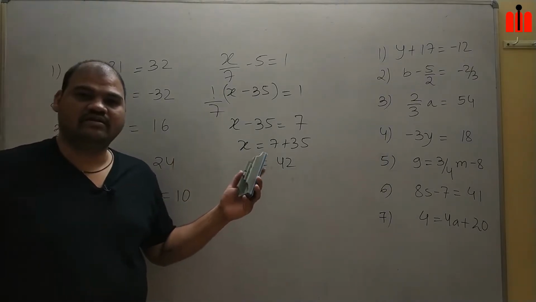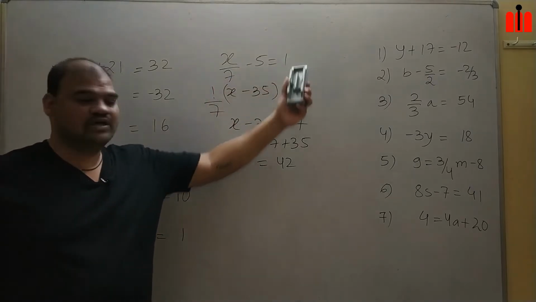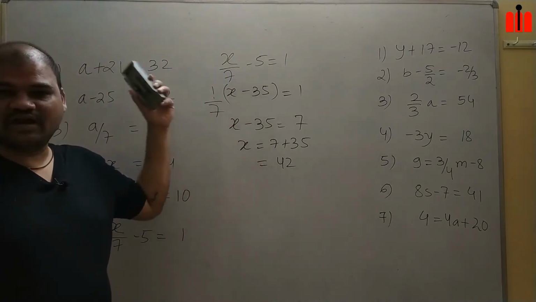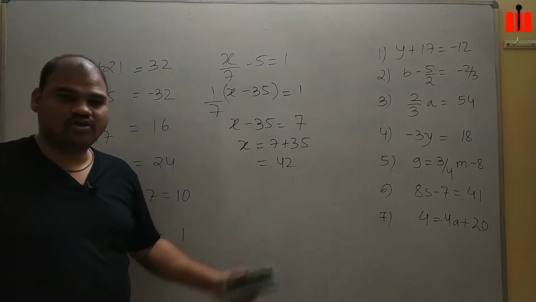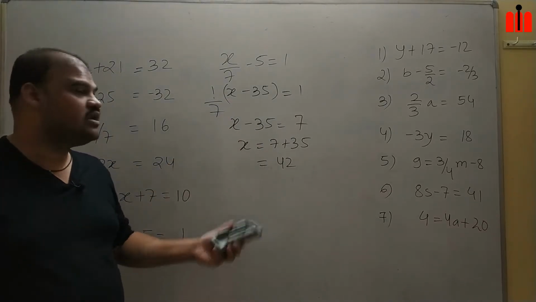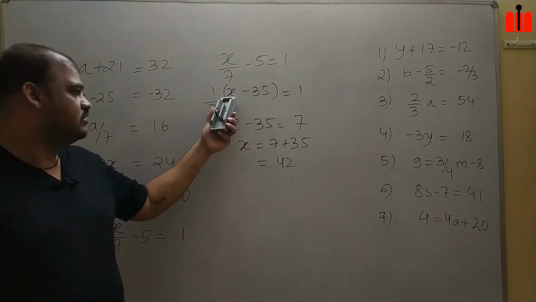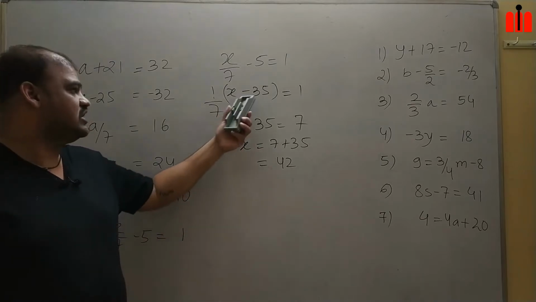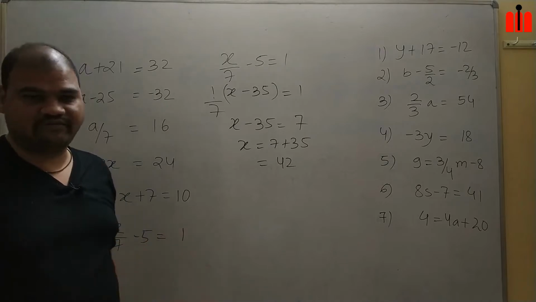Another method we had done, in which we had identified that transferring 7 directly to the RHS is a faulty step. When can we transfer like that? When 1 by 7 is a factor of the entire LHS. For that we had taken 1 by 7 common, for which this 5 had become 35. If you multiply 1 by 7, it will be x by 7 minus 5. So that's why this is 35. We have taken 7 as LCM. You can do it that way.